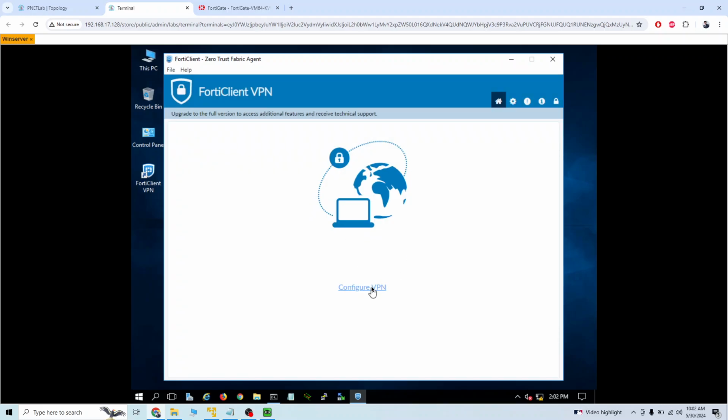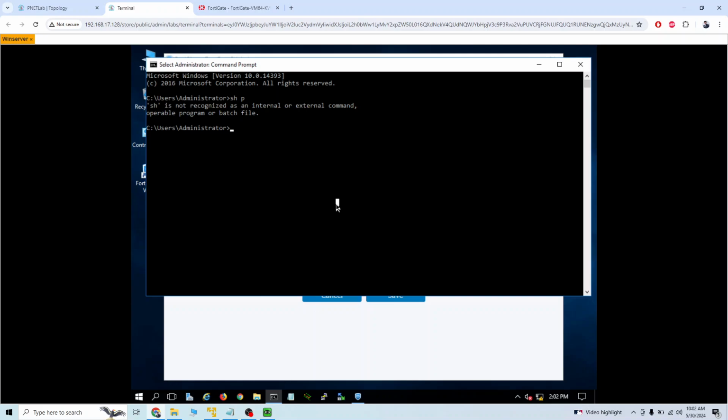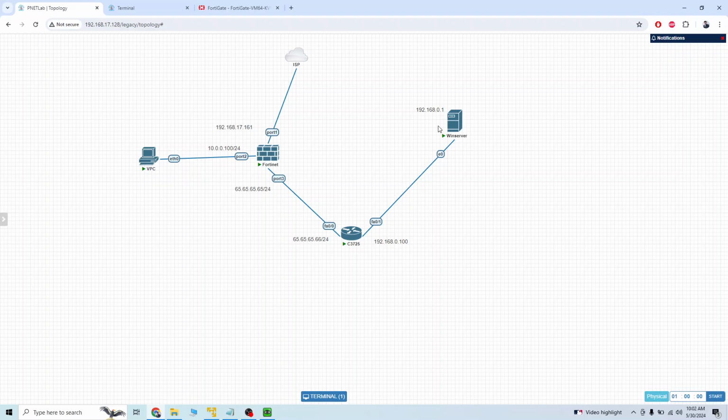Okay, so first we will configure a VPN. Before that, let me see, am I able to ping the gateway? Ping 65.65.65.65. I will not be able to ping because I haven't configured anything so that this server can go to